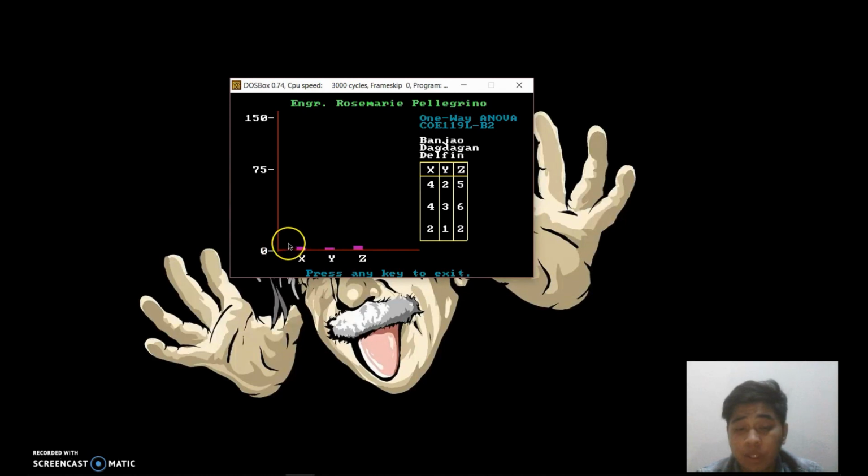As you can see, it is small since our values are small. But this program can do operations until 150. If I'm going to type a key, since it says here that press any key to exit, since this is our project for one-way Anova,